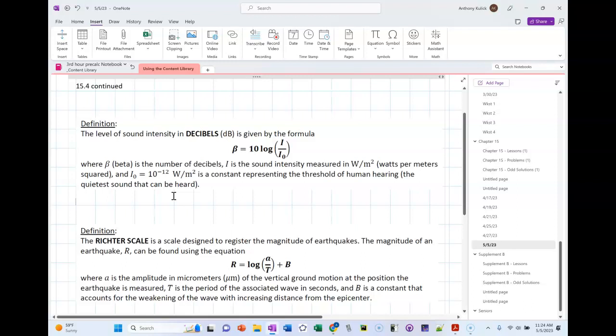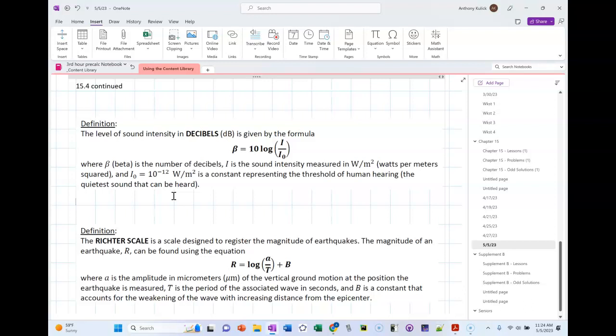Sound intensity is measured in the unit called decibels. And the formula we can use to calculate the sound intensity is beta is equal to 10